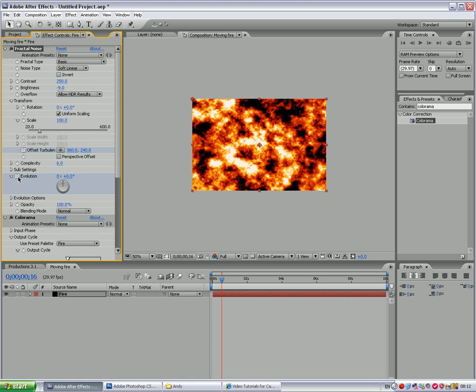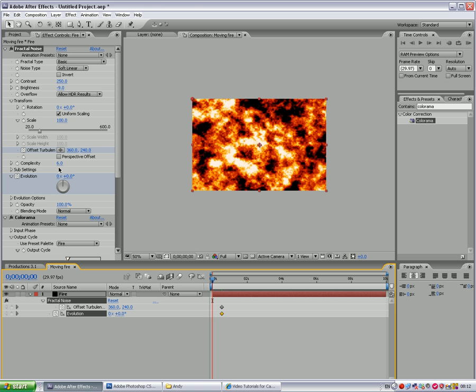If you make those two keyframes by clicking on the stopwatches, and let's make sure we're right at the beginning so there's no mistake. I made a mistake, just bear with me a second. Right, so once you've made them your keyframes,